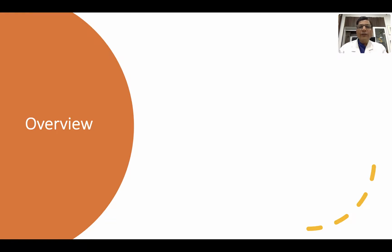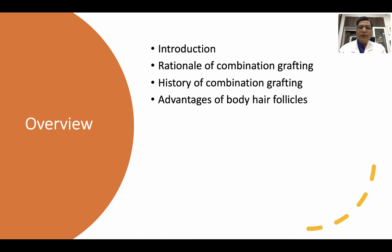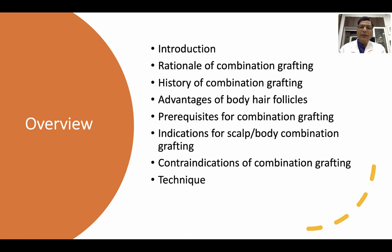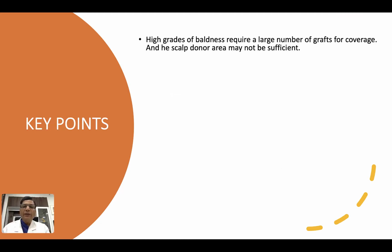Overview of the chapter: the introduction, rationale of combination grafting, history of combination grafting, advantages of body hair follicles, prerequisites for combination grafting, indications for scalp and body combination grafting, contraindications of combination grafting, and the technique. The final is the conclusion. So the key points of the chapter are that high grade of baldness requires a large number